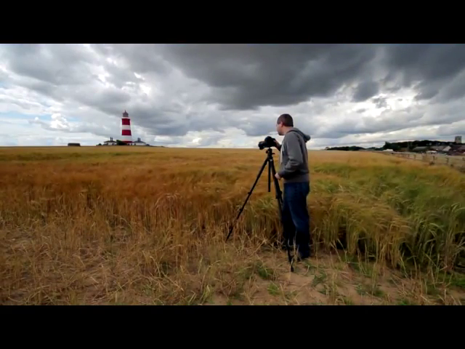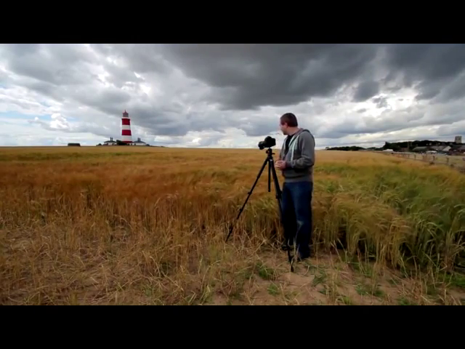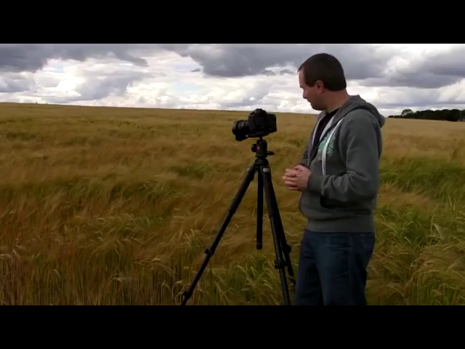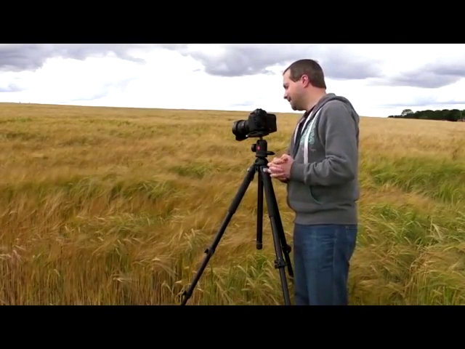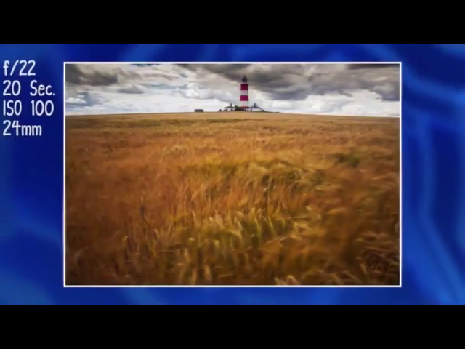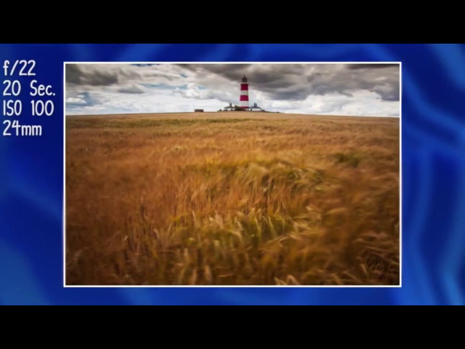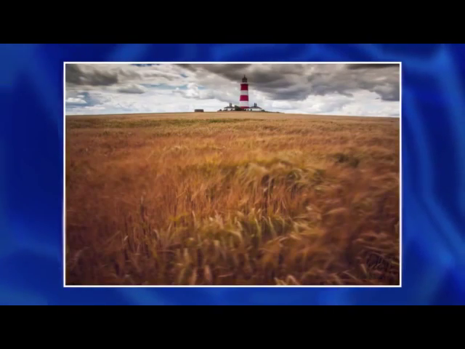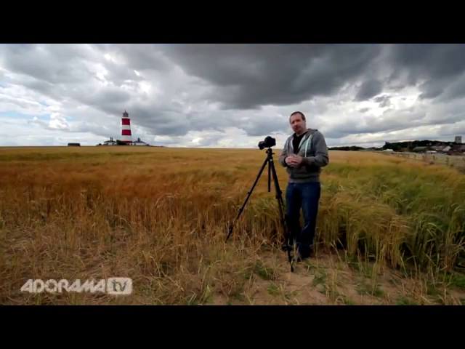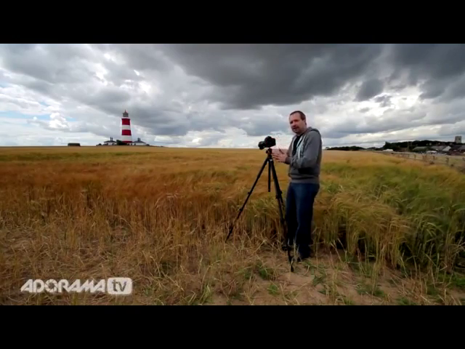Okay, let's do one more. Let's do 20 seconds. We've got a nice little bit of breeze blowing. 20 seconds. Long time. There you go. Now you will find that the objects closest to you are going to appear more blurry than the stuff that's further away. So it's a good idea to make sure you frame up your shot with plenty of foreground interest